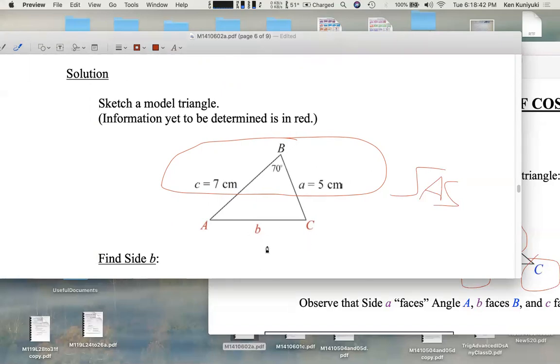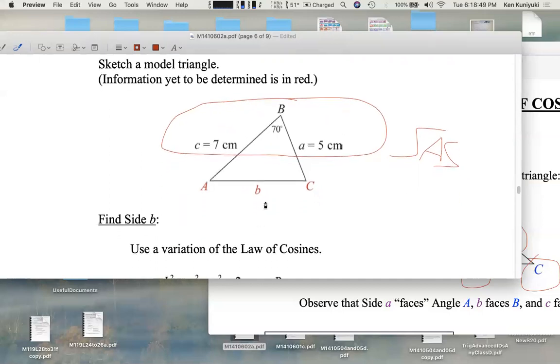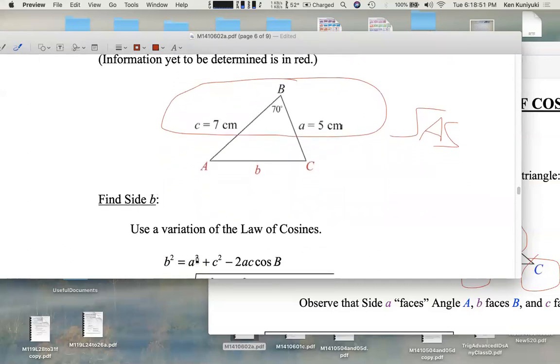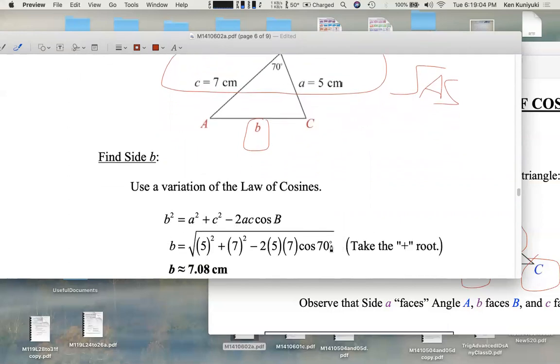I just have one angle. I can't use the 180 degree rule yet for the sum, but we can find the third side length, for example, by using the law of cosines. B squared, here's the unknown, B squared equals the sum of the squares of the other 2 sides, so a squared plus c squared minus twice ac times the cosine of big B. Plug in, make sure you're in degree mode,